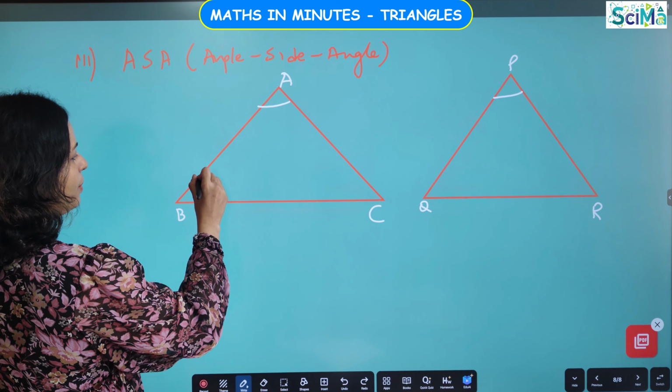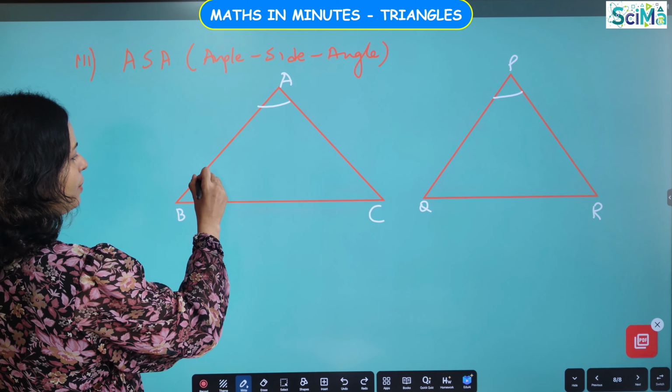Fourth rule, AAS, that is angle, angle, side, and this is the non-included or unincluded side. Make a triangle, another triangle, quickly name it ABC, PQR. So here angle A equal to angle P, angle B equal to angle Q, side is not included